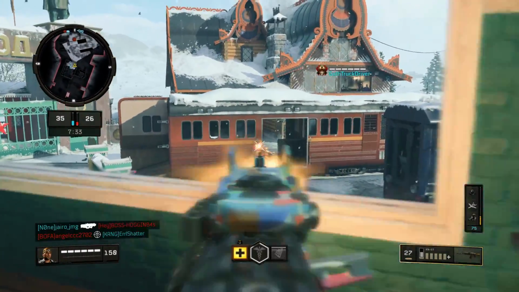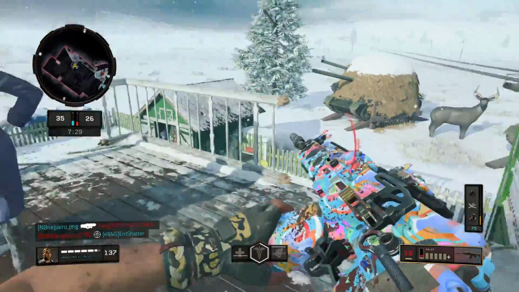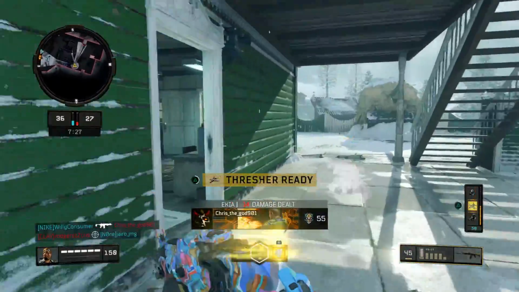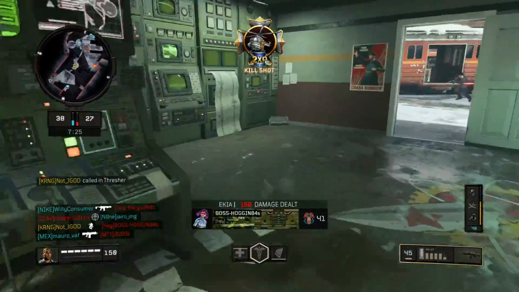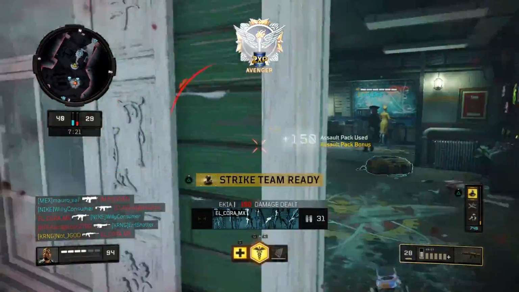I'm going to see if I can land a couple shots here on this guy. He ends up kind of in the middle. Someone starts shooting me, then I go ahead and back off. You can see my teammates right here end up getting the Thresher because someone finished that guy off. And now the Thresher and the sniper's nest were almost going to guarantee me my strike team if I didn't